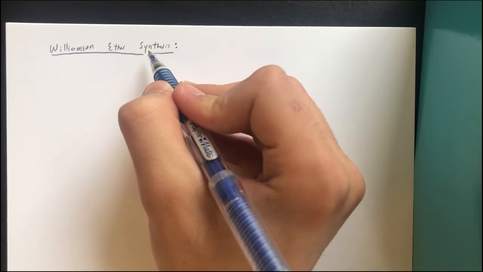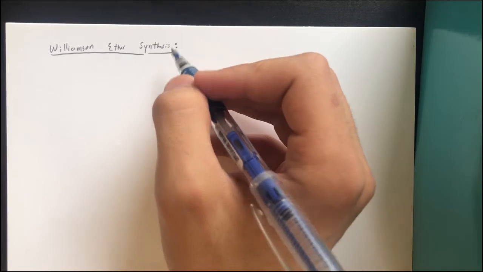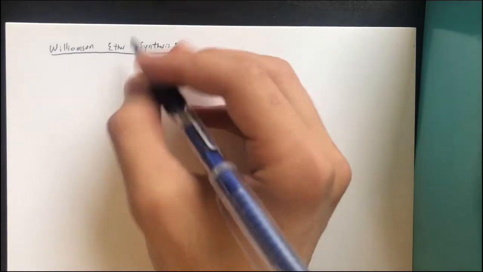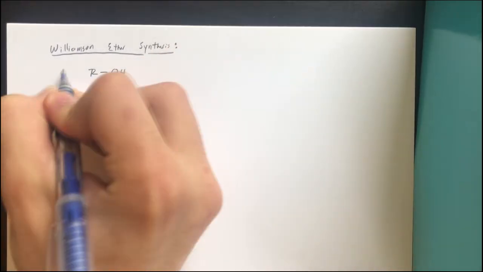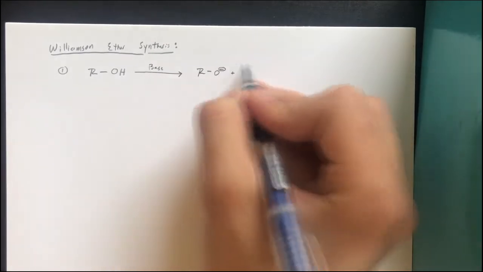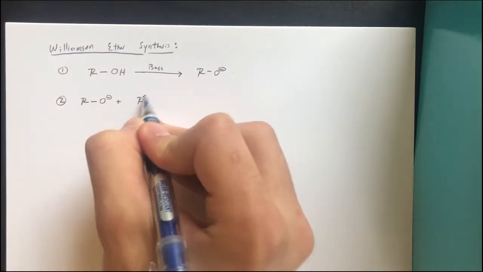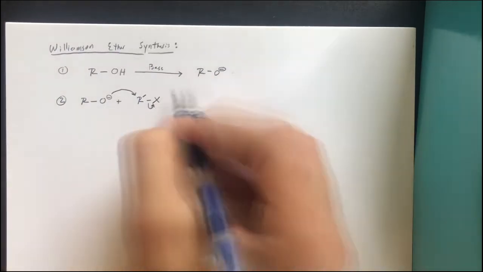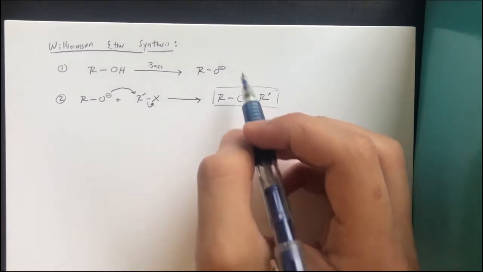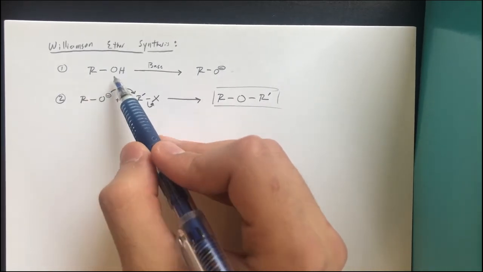Williamson ether synthesis. This is a way to synthesize an ether from an alcohol and an alkyl halide. Let me write the general formula for this reaction. So what happens here is that we get our first group with the alcohol, and then we put it